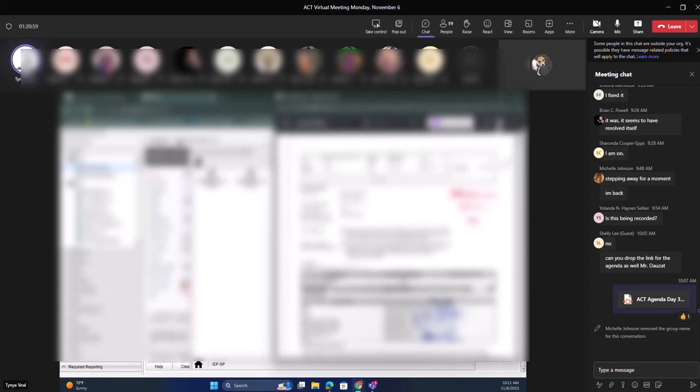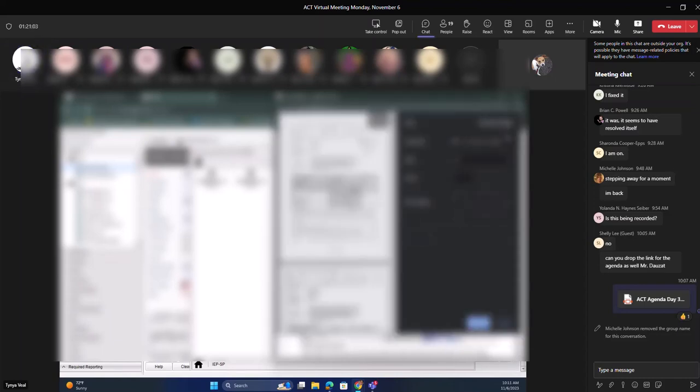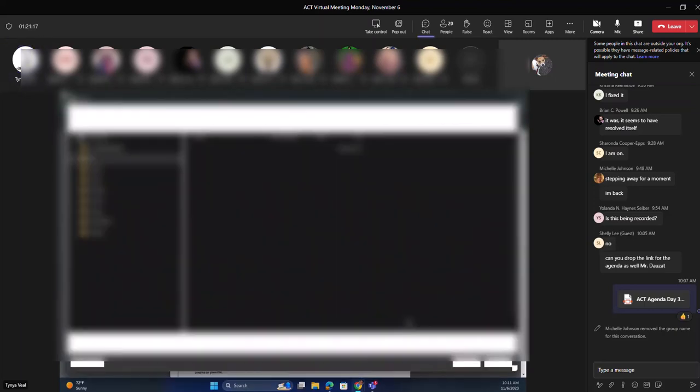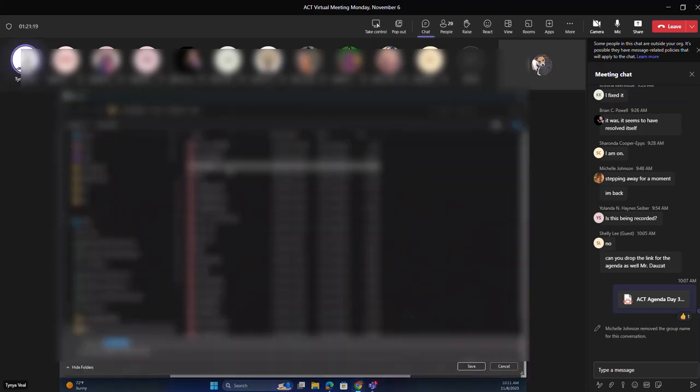How you'll save it is you'll go to print, where it says destination, you're going to choose save as PDF. As you save it, you click on save, and then choose whatever folder you've created.